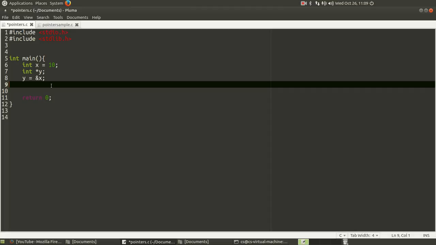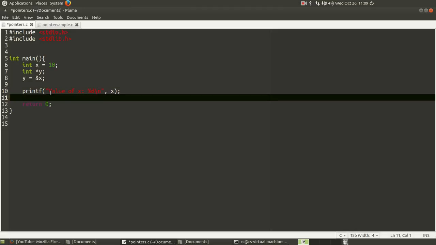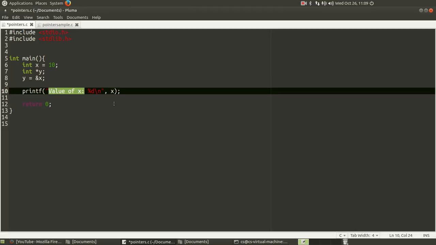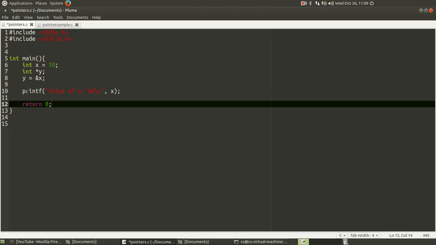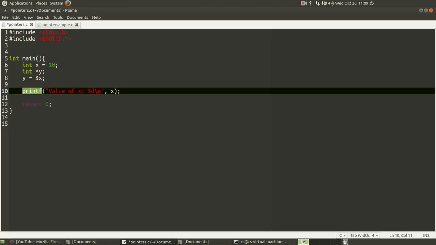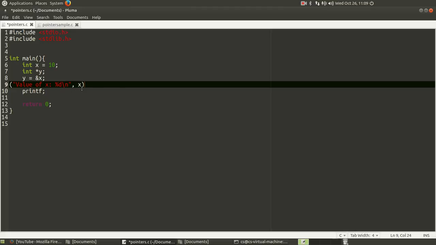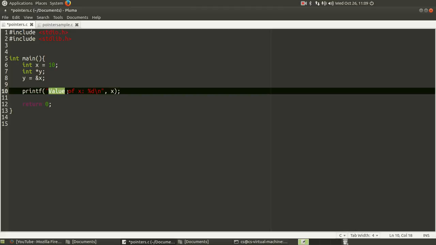Okay, so let's go ahead and print out some of these values. Let's print the value of x here. All right, let's take a look at this statement. printf, and then in parentheses we're going to get the value. We know that our string that we're going to print is "value of x",